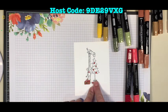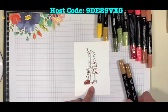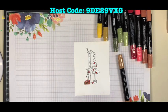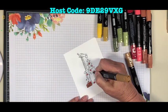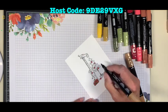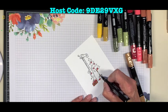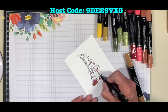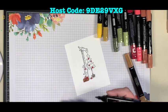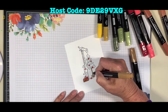Next we're going to do this stem and the pot. And I think on that I'm going to use some pecan. So I'm going to come in with my darker pecan. And you know that this stem here is going to be dark. And this one could be dark. And then inside the pot is dark. And then underneath the bow and in the insides of the bow where there'll be a shadow is going to be dark. And then I'm going to come in with my light pecan and blend that out